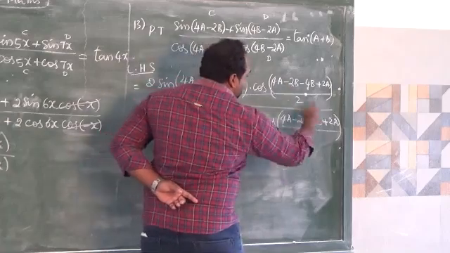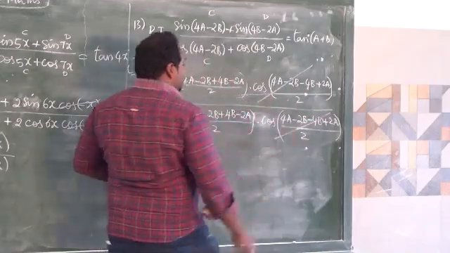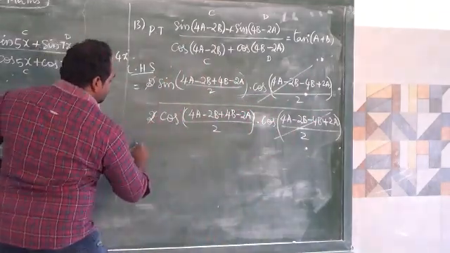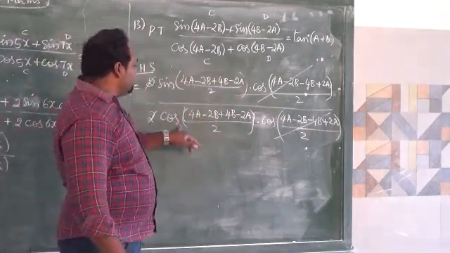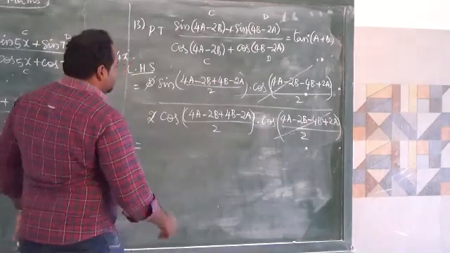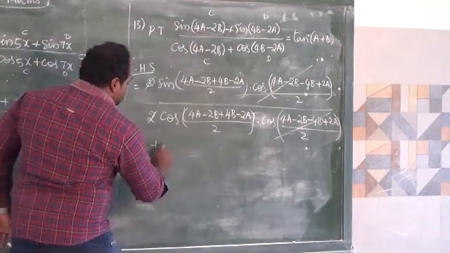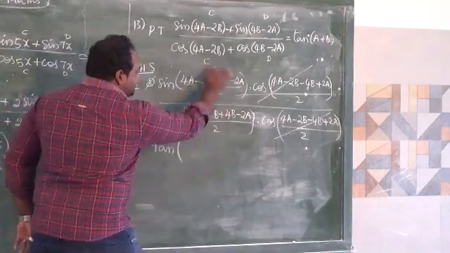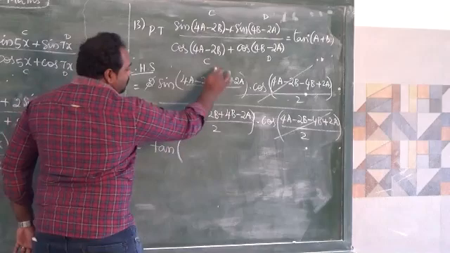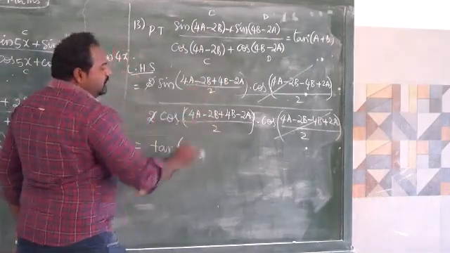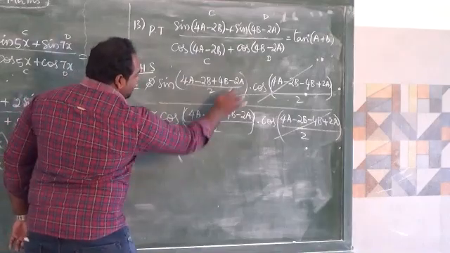Look at this bracket and this bracket, the angle values are the same. So we can have a cancellation here, this and this will be cancelled. Here 2 will be cancelled. See, this bracket and this bracket are both the same. So it is like sin theta by cos theta. Sin theta by cos theta can be written as tan theta, no? So tan theta, here theta is this bracket. Both are the same, that's why I am taking tan. Since both are common, we consider any one of these values as theta.